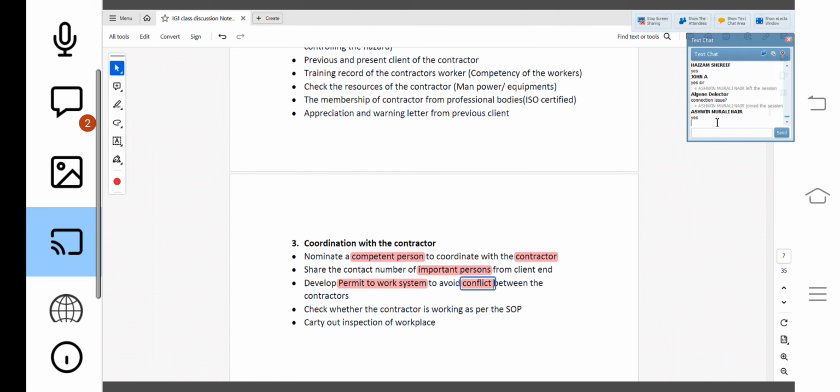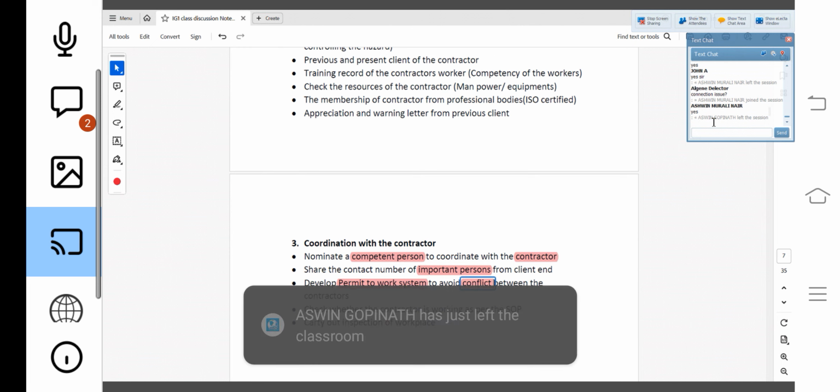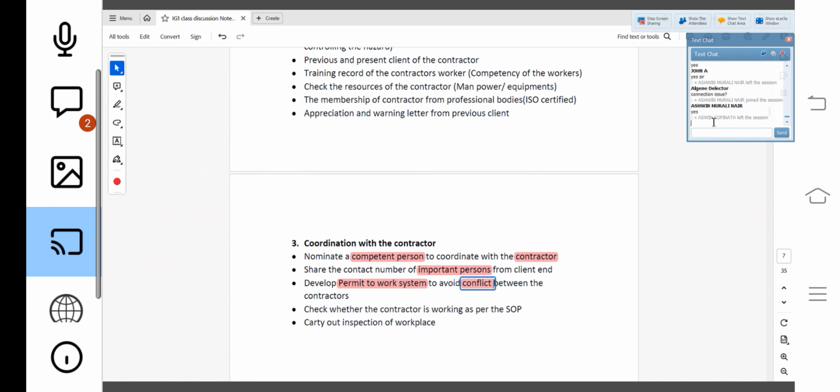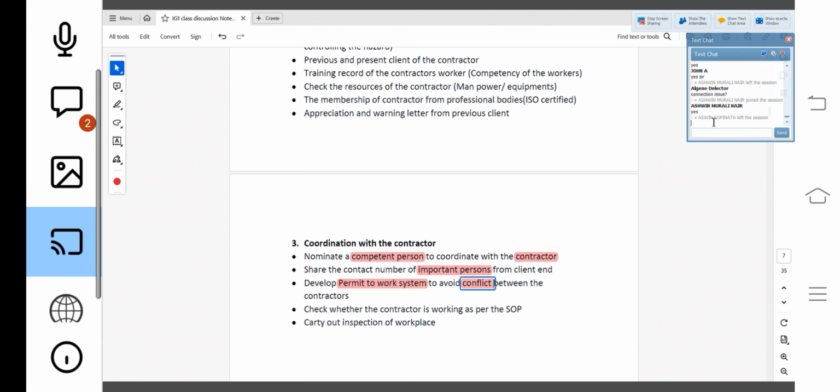So for that purpose, a permit to work system should be there. Whoever wants to do some work in my facility, in my workplace, must take a work permit. Without a work permit, nobody can work here and there. That's why, if you go to any big client like Aramco or anywhere in the industry,